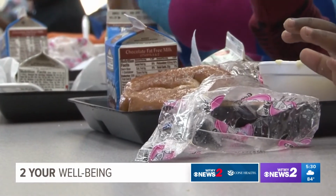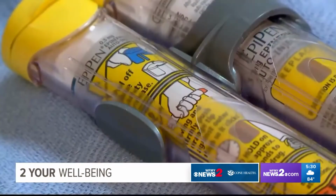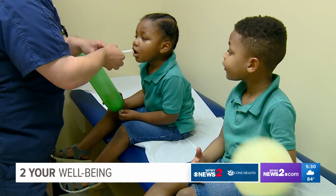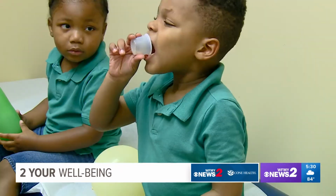Allergy and immunology physician Dr. Joel Gallagher says even having those foods at the lunch table puts them at risk. Hives over your whole body, throat itching, throat swelling, coughing, wheezing, vomiting, even just abdominal pain. Extreme cases require epinephrine or an EpiPen. Here's the more traditional EpiPen. Dr. Gallagher says if your child has a food allergy, make sure an EpiPen is part of your allergy action plan. Anyone can look at the allergy anaphylaxis plan and go through the steps if the student is having an